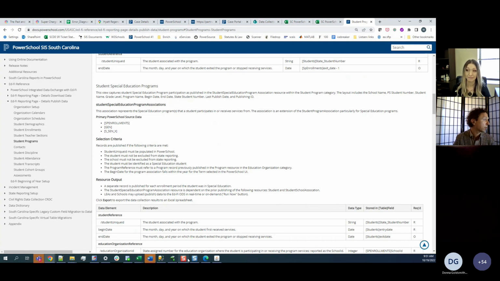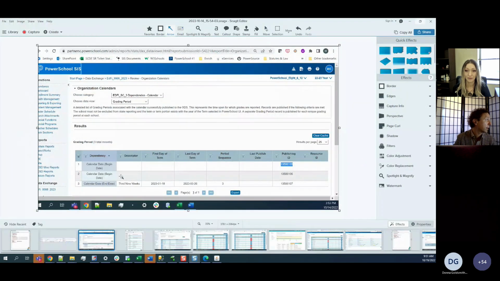I think I've got a screenshot of the error. I'm trying to get a known error type guide together for y'all, and that's next on my documentation list, but it'll look something like this. The dependencies under calendar, and then you choose the grading period, and usually there's like 3 records for it for some reason. Maybe because it's like period sequence 3. I haven't honestly been able to spend much time in it. We just saw the error surface beginning this week.